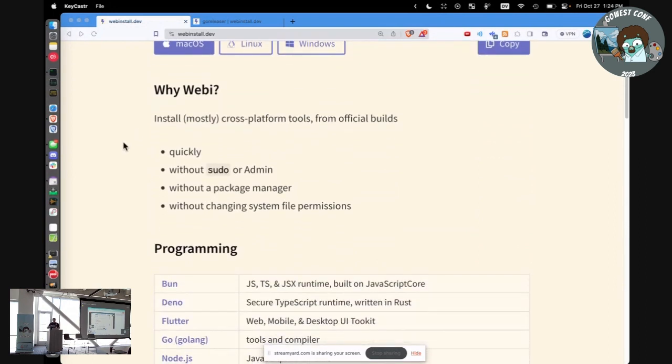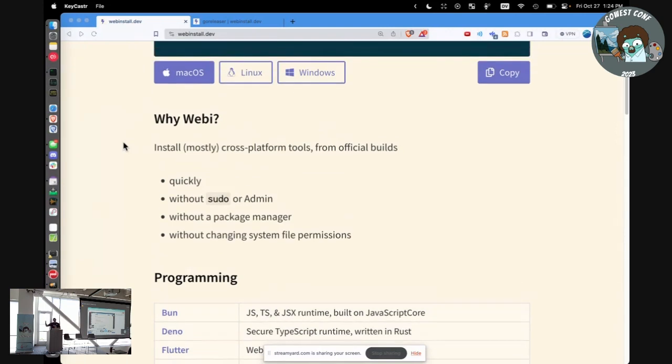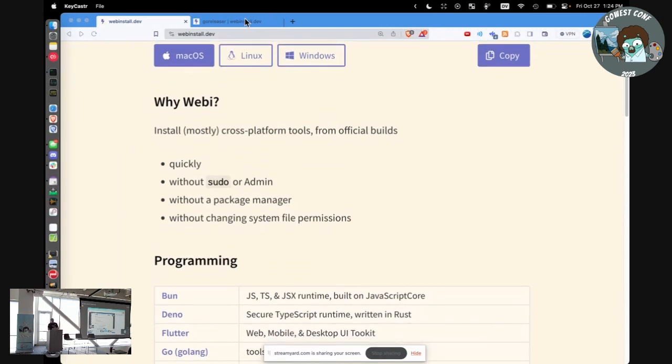There's no sudo required. It doesn't change permissions. It doesn't require a package manager. It doesn't have to update. It's like literally go fetch the JSON releases, download the latest file, or whatever file matches whatever you put after the at and so on. Okay, so that's what Webi is. And I introduced that first